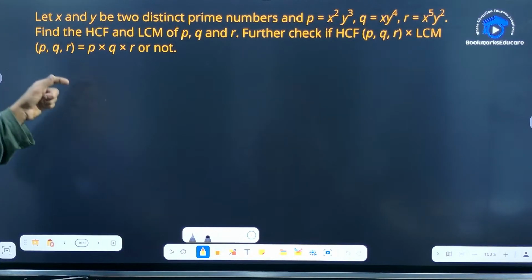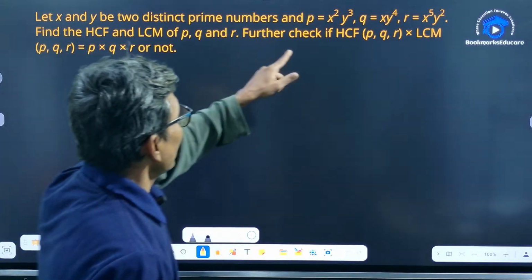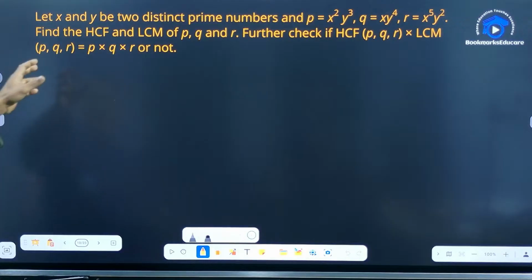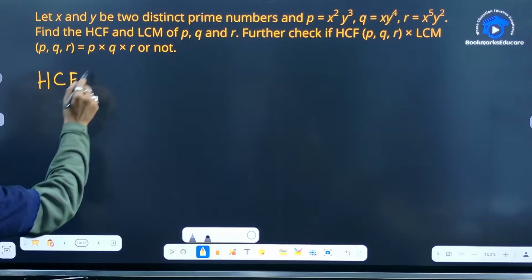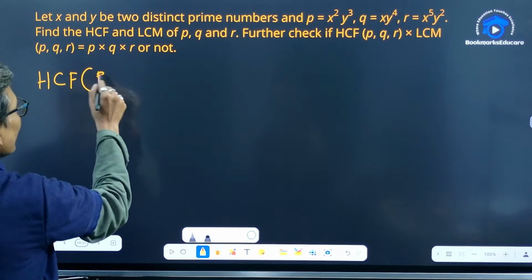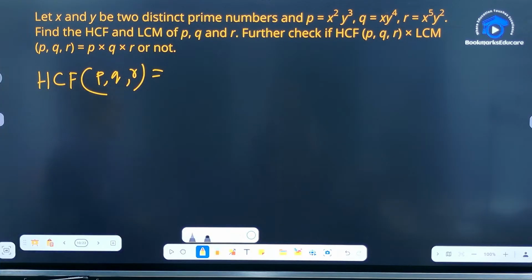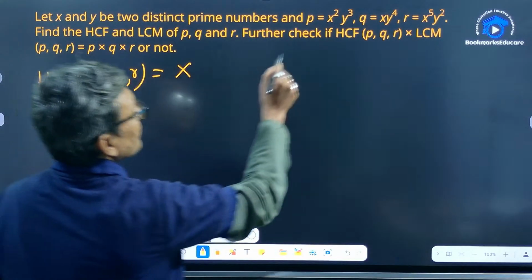Let x and y be two distinct prime numbers. p, q and r की वैल्यू दी हुई है. So find the HCF of p, q and r. So the HCF of p, q and r is x